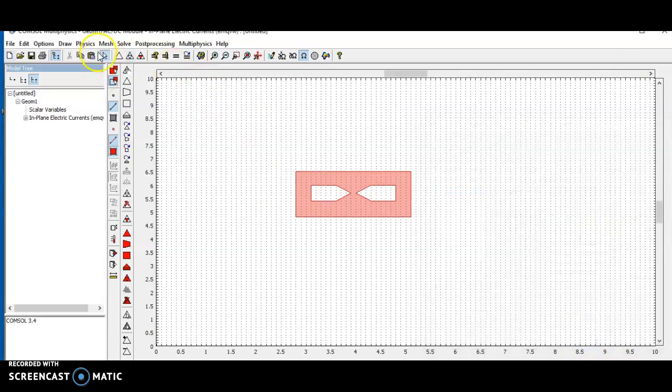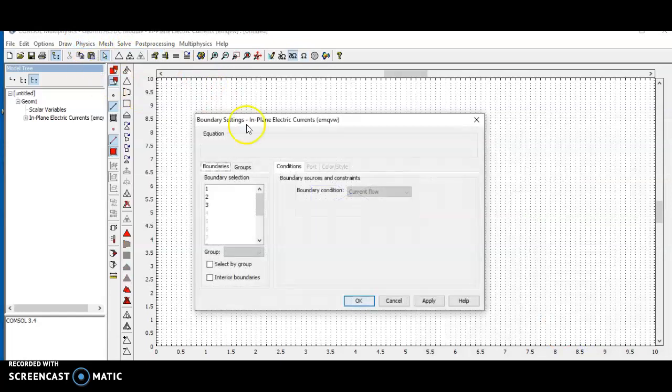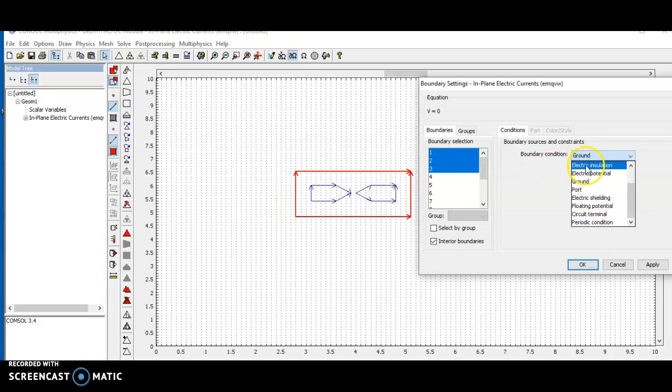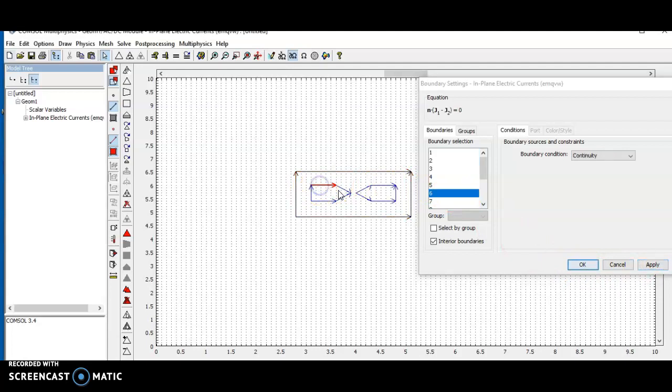Then click OK. Then move towards the physics boundary settings. So in that boundary setting, as I already mentioned, if we want to choose the boundary for the interior region, we have to click the interior boundaries. Okay. First, we have to click the boundary of the material and choose the electrical insulation. So the boundary of the material is nothing but an electrical insulation. Just click the 4 boundaries of the material, then choose the apply button. Okay. Then choose the point electrodes. And so there are 2 electrodes, point electrodes.